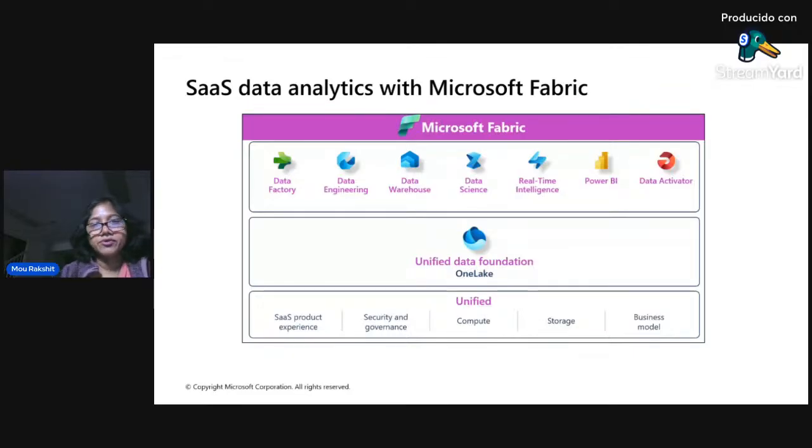Or if you would like to visualize, if your role is as an analyst, then you would like to visualize the data, whether it is batch data or streaming data. Or if you would like to set up some alert, Activator is again a way to notify. So suppose anything changes in the data pattern, based on a threshold, you'd like to trigger some downstream processes or notification. That is all your Activator. So you can see all of these services together will provide you any capability that you may need within your data analytics platform. And then under the hood, these are different processing engines supporting different types of workloads for different needs.